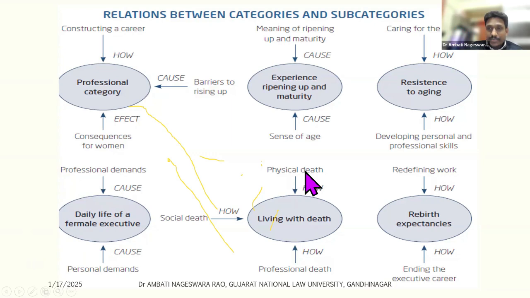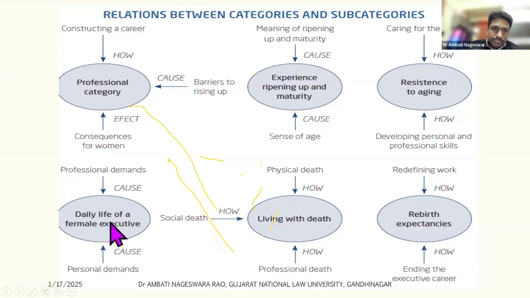It may be physical death, means if you're not able to adopt the current advancement of technologies, it may be AI, it may be technology. If you feel you're lagging behind among your colleagues within your organization, you have to put in a lot of hard work. Most of the time we all put in hard work, but sometimes we also need to work smart, how smartly you're working also. It will come with experience. It will come with following some role models or following some of our colleagues. So it can be physical death, it can be professional death, it can be social death as well, right?